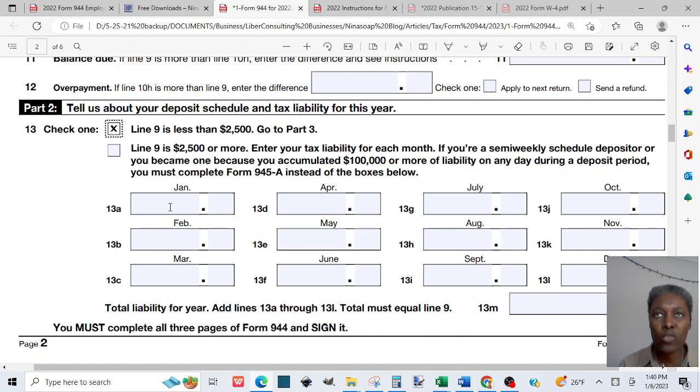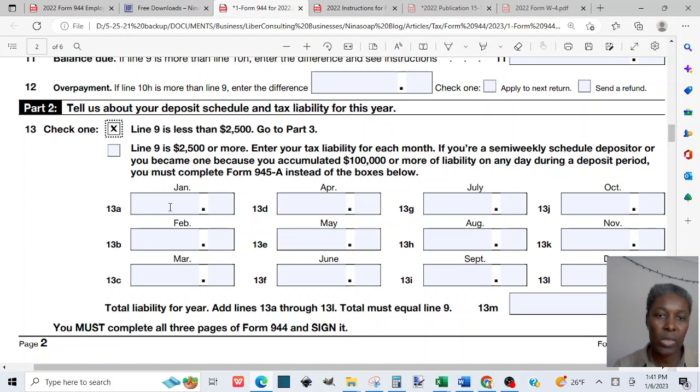It's not so much to figure out if you should file Form 944 or not, but to figure out if you made your deposit or not. Because if your total liability is less than $2,500, you can make deposit, but if it's $2,500 or more,